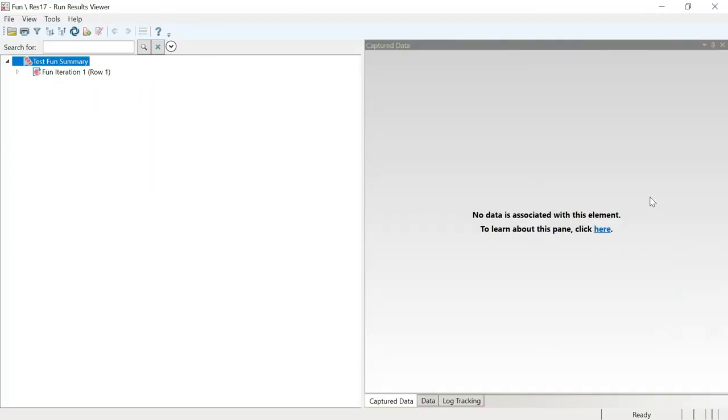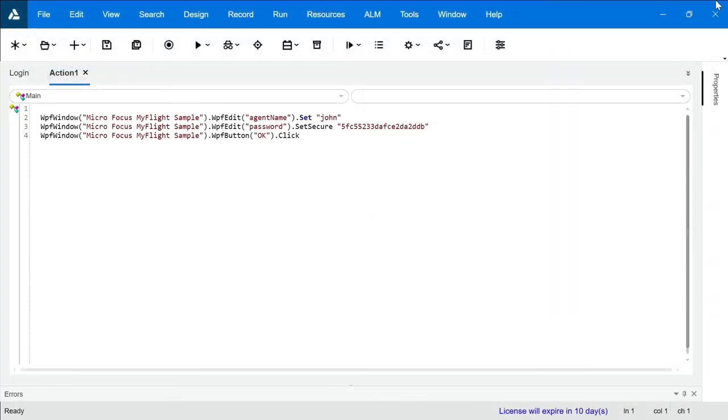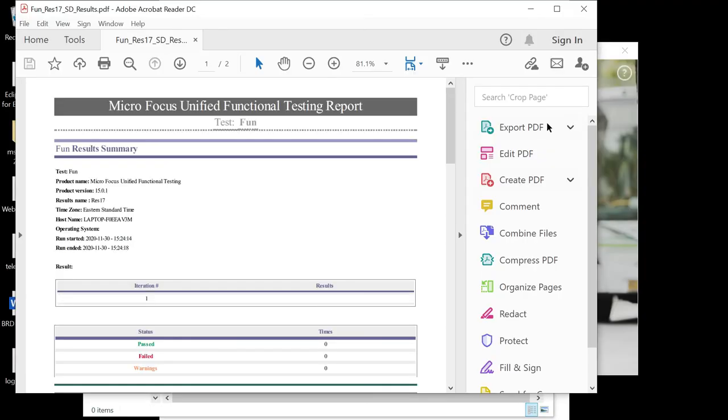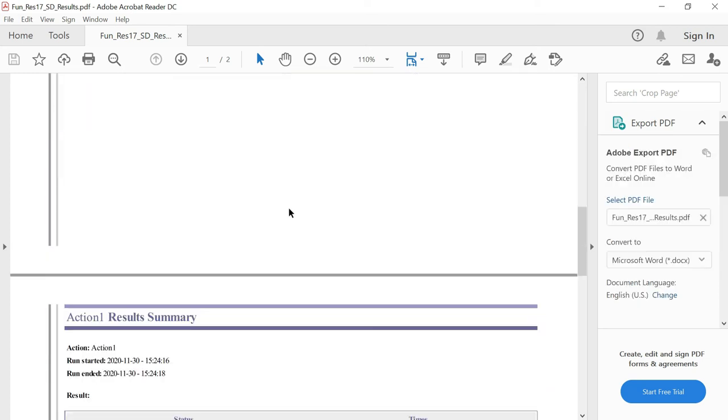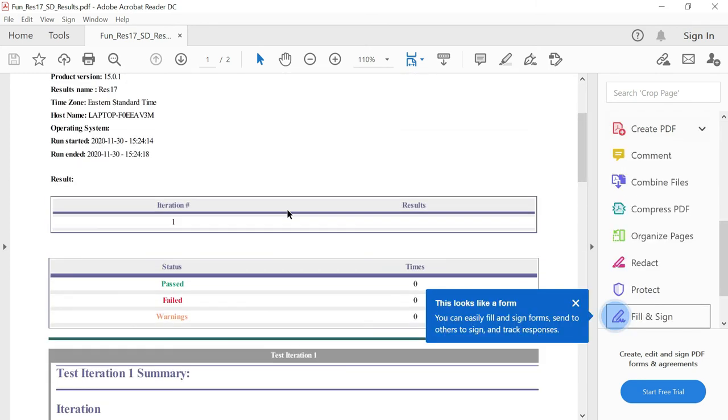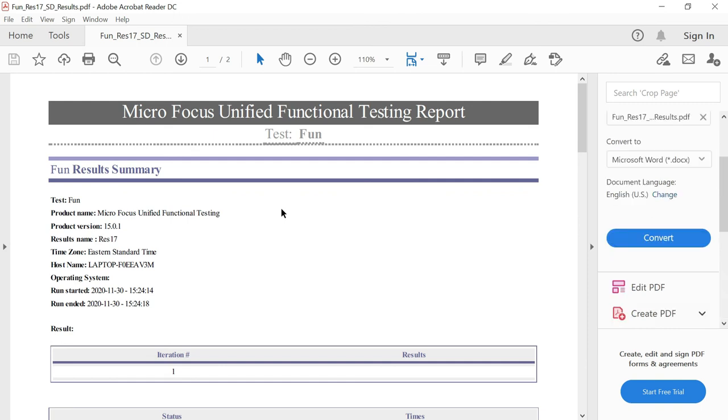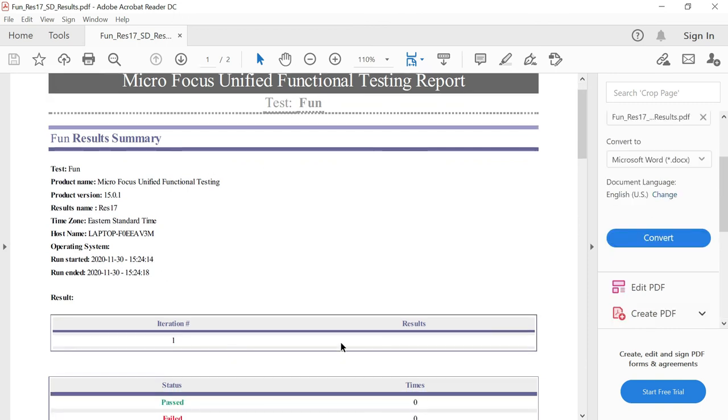This is your normal result viewer. It's not coming in HTML format as you used to see before, because I've chosen another format, that is, the run result viewer. So let's see, when the result gets exported, how it looks. We'll go to D drive. So look at this. This is my report for the result. It has all the options, all the steps, all the test data, everything is stored in it.